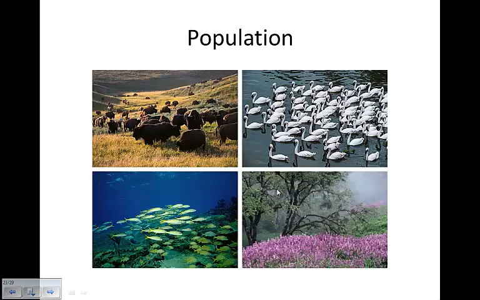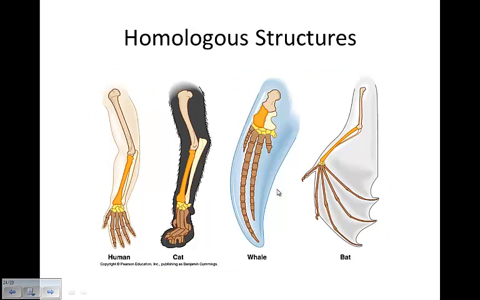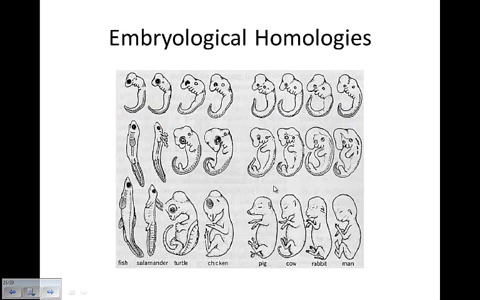When we look back here at homologous structures, one of the things that we include in there are vestigial organs that appear to have been needed in the past but are slowly disappearing. There was some question for a long time about the appendix, but now we're learning a bit more about that, that it's not so worthless anymore. Embryological homologies are seen as common stages of development.